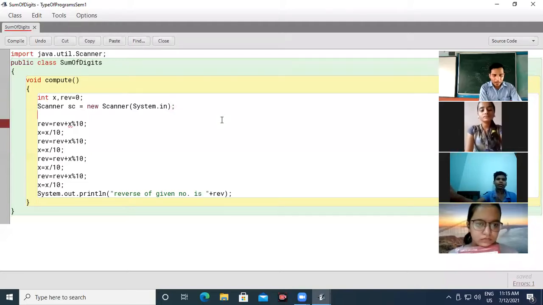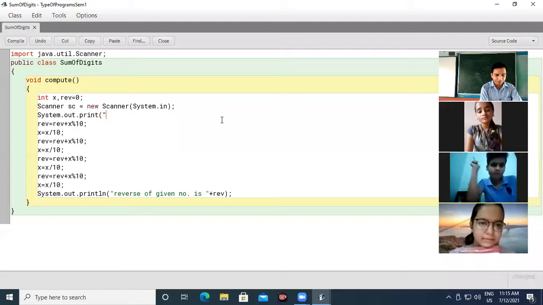After that, I have to print the message asking the user to enter the number, System.out.print, then the message, "Enter any number," any 4-digit number or 5-digit, whatever you want.